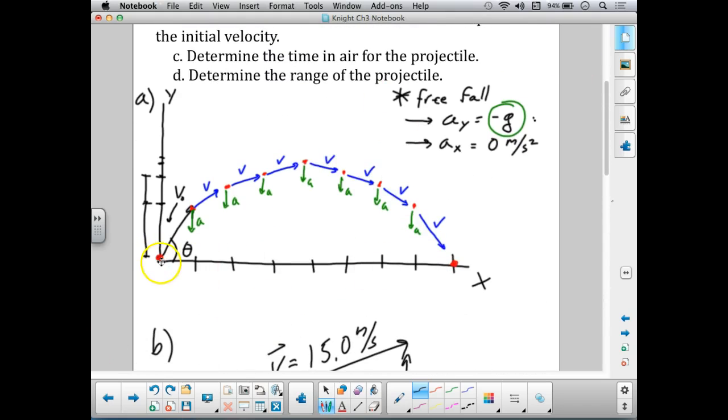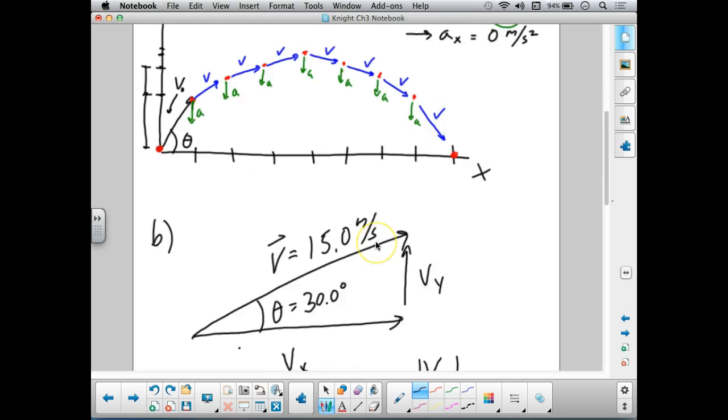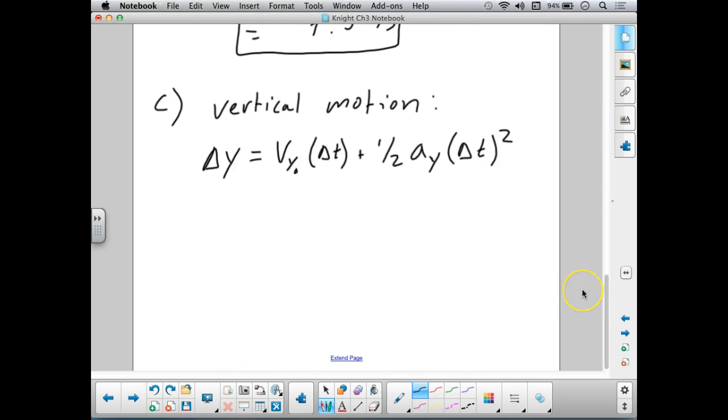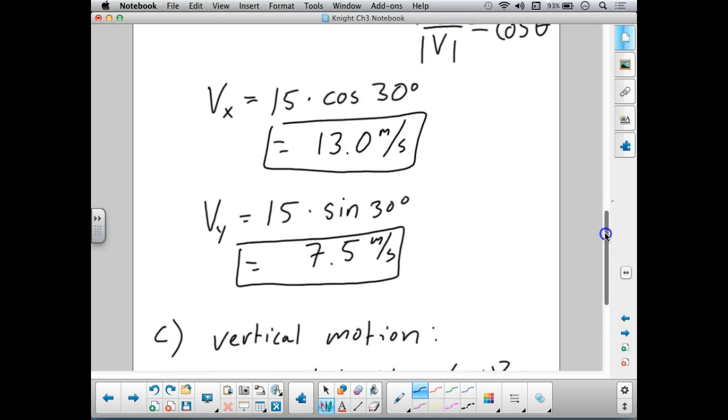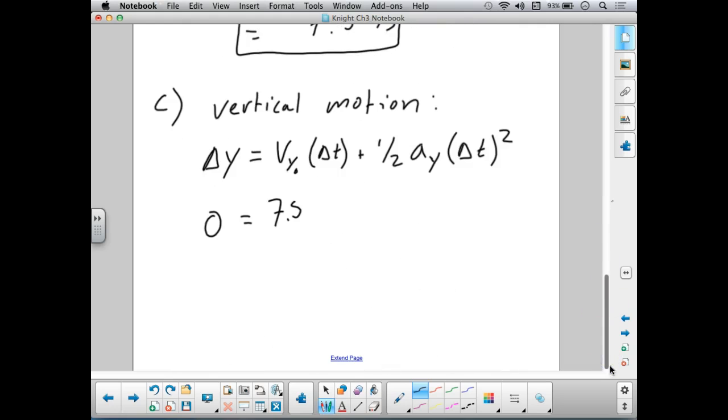If my projectile starts on the ground, which is at 0 height, it goes up to some height up over here in the air, and then it descends back down and hits the ground, the change in its y position over the course of flight is 0. It actually returns back to the same y position that it originally started from. So delta y is actually 0. I'm going to say 0 equals Vy initial, which we found over here to be 7.5 meters per second, times delta t plus 1/2 times negative 9.8